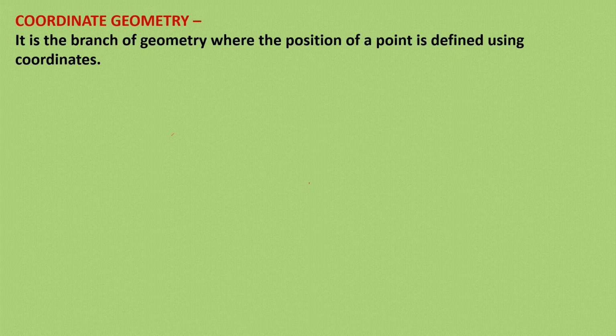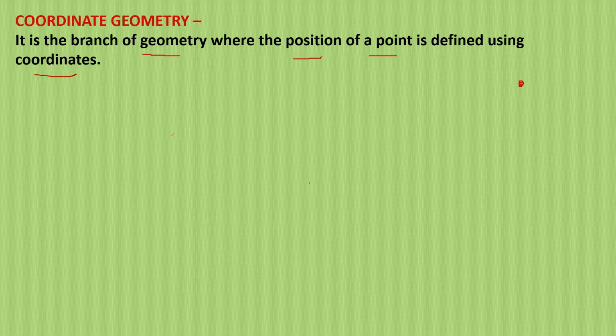What is coordinate geometry? Here it is written, it is a branch of geometry where the position of a point is defined using coordinates. Basically, suppose we have a plane and in the plane we have a point. Suppose this is the point. We want to find the position of this point using the coordinates. What the coordinates are, I will explain after this. So the branch of geometry by which we will find the position of the point using the coordinates is called